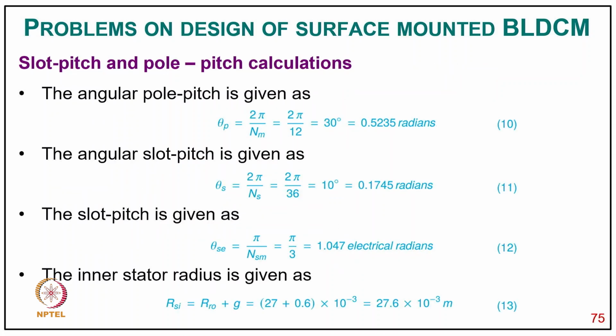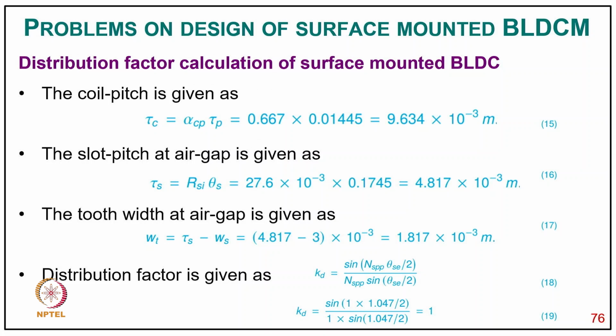3.667, and then angular pole pitch θp equal to π upon Np, that comes 30 degree, and angular slot pitch is given θs equal to π upon Ns, that comes 10 degree, and slot pitch is given θs equal to π upon Ns, that is π by 3, and inner stator radius RSI equal to Ri plus G, that comes typically to 27.6 × 10^-3 meter,